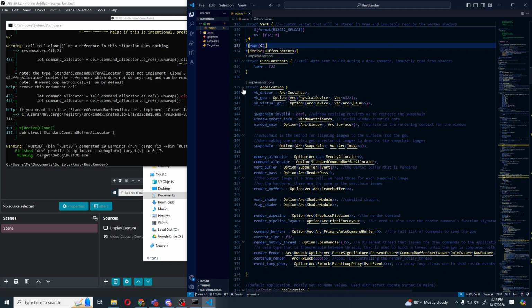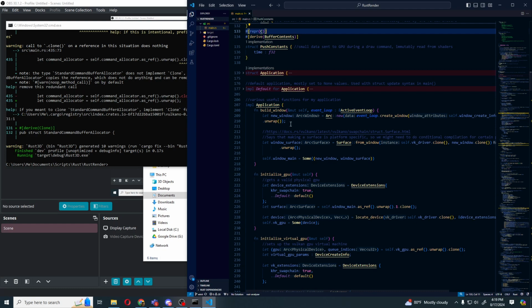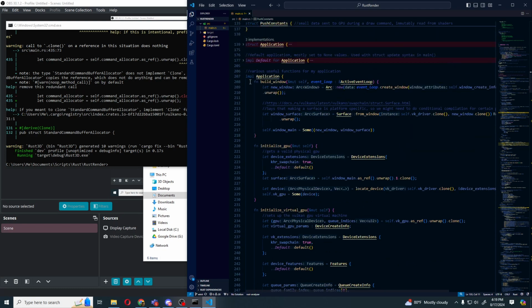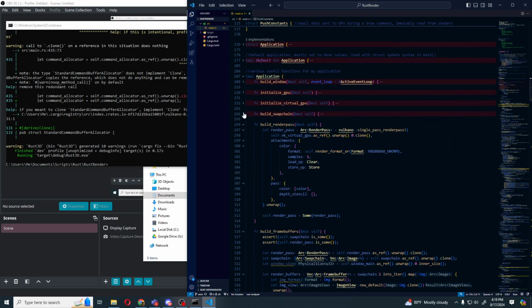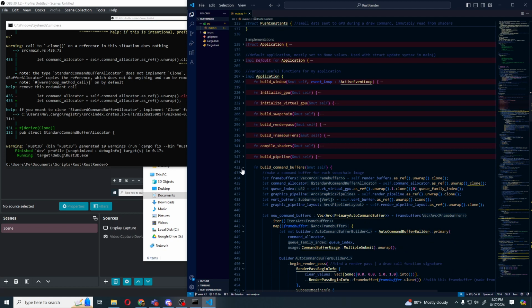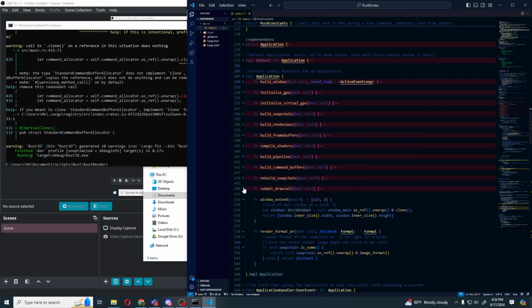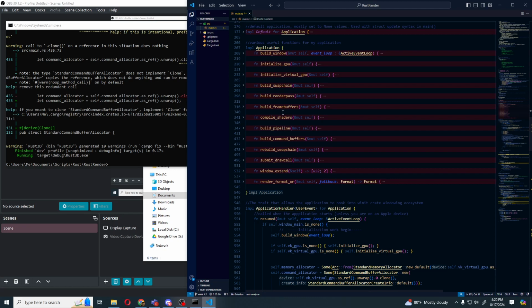This is my application struct. It has a whole bunch of optional things because I have a default implementation where all these are set to none, because they can't be initialized until the window's been created. This is some of the useful functions I have on it. If I collapse them, you can see the basics of the names of what these functions do is basically what they do. So I'm not going to explain everything about how Vulkan works because I'm also a beginner to Vulkan,